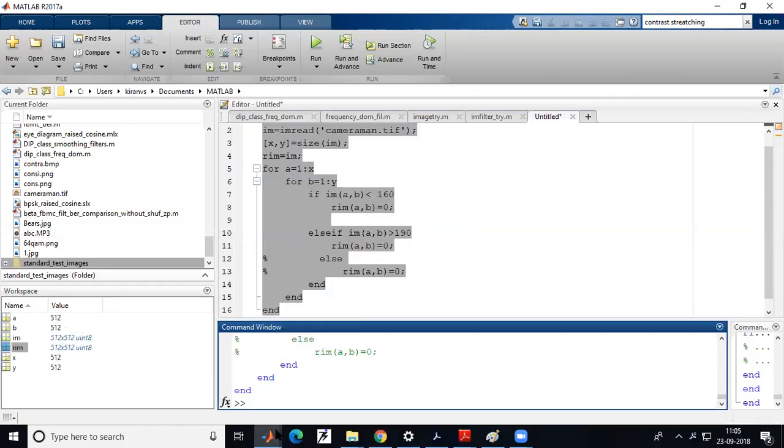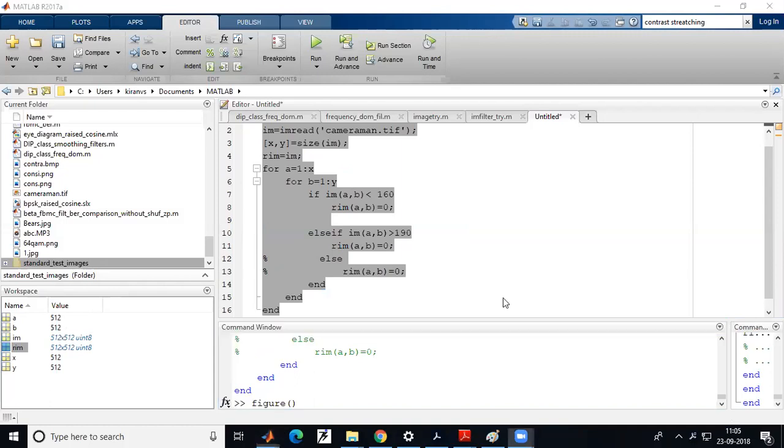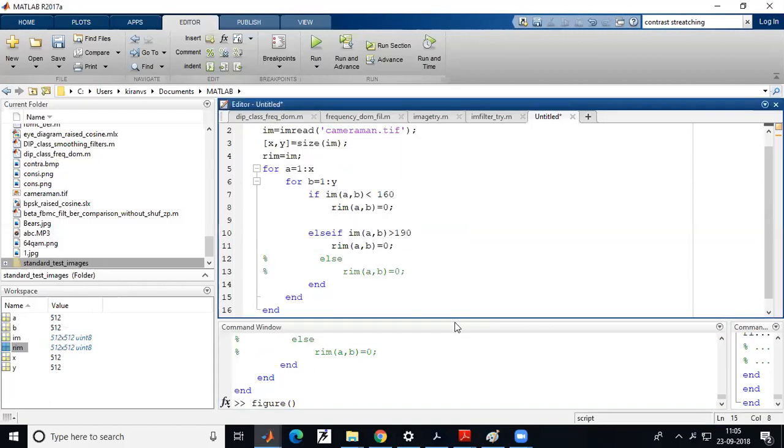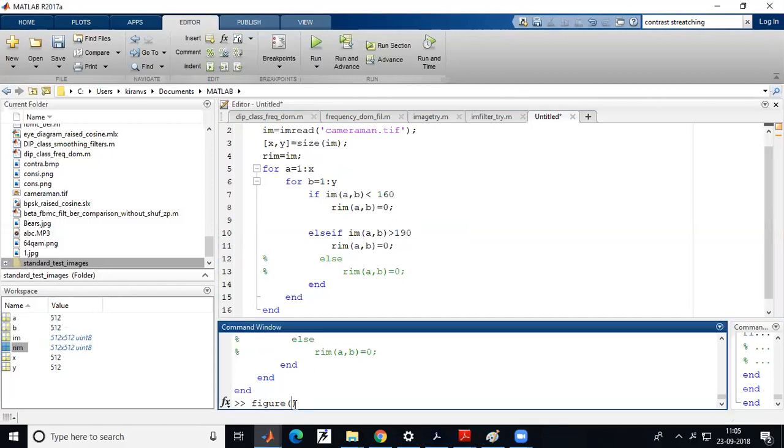So now, figure. Here IM is the original image.